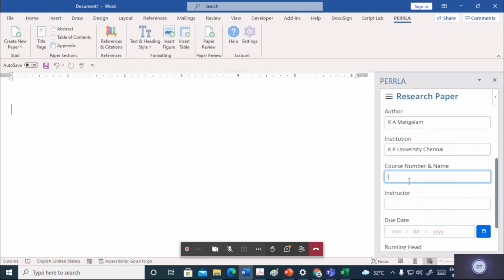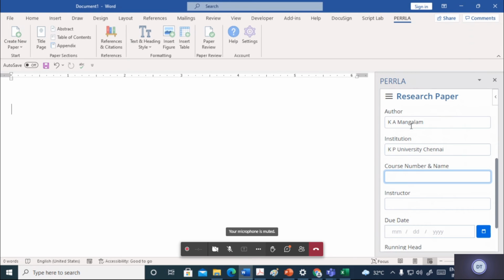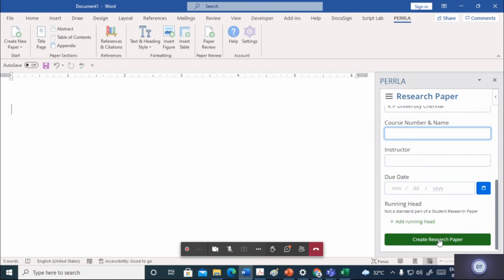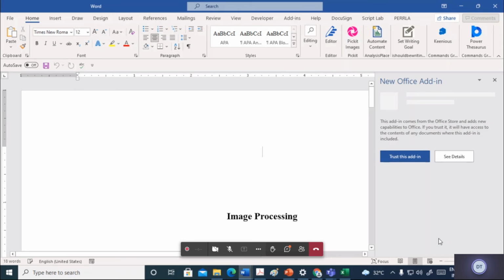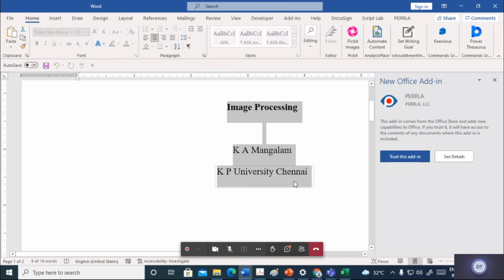Another, course number, name, if you want to write, it is optional, but at least you have to write this, and you just click on research paper, click this, you can see this, the research paper is created as per this.